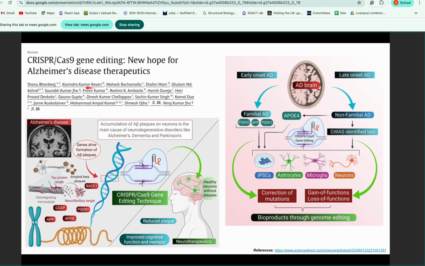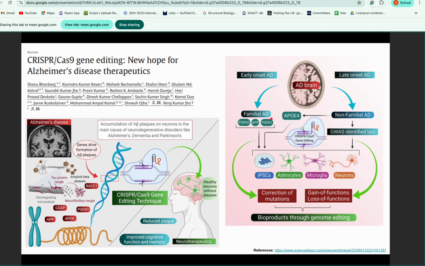And this is a paper in which they have mentioned how CRISPR-Cas9 gene editing is a new hope for Alzheimer's disease therapeutics. Similarly, in Alzheimer's disease, there is accumulation of beta plaques, in which different amyloid beta molecules make a cluster. They combine together, so they make a plaque in the brain. As you can see here, this is the Alzheimer's disease brain, as these are small plaques, dark gray colored. Early onset, when it has just started,